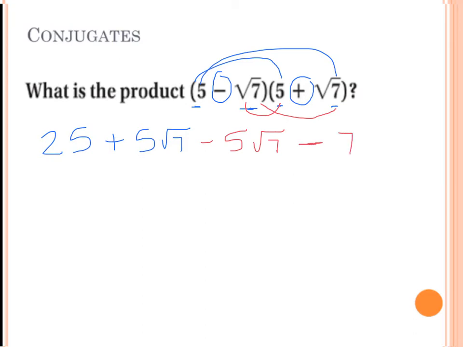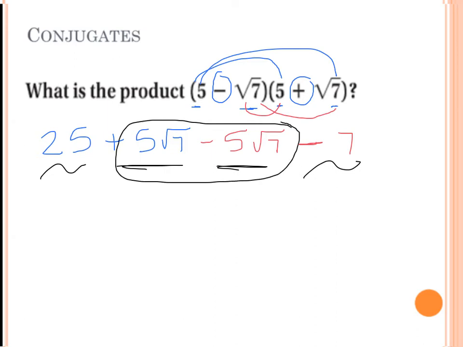The thing about conjugates is that here are my like terms, and when you have two like terms, this middle term, they should cancel each other out. You should have no more radicals once you multiply your conjugates together. So really I just have 25 minus 7, which is going to be 18. Again, positive 5 square root 7 and subtract 5 square root 7 will cancel out, so this will be my